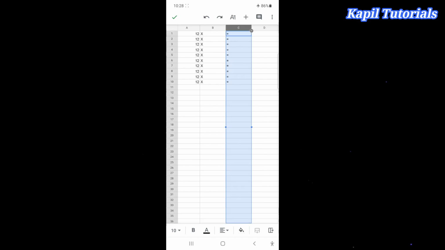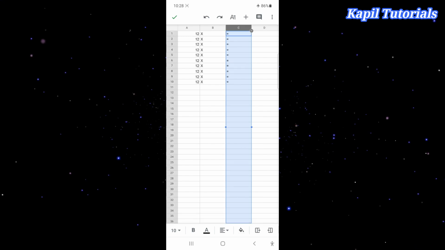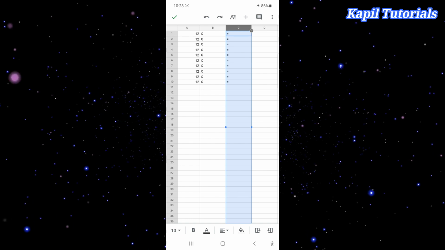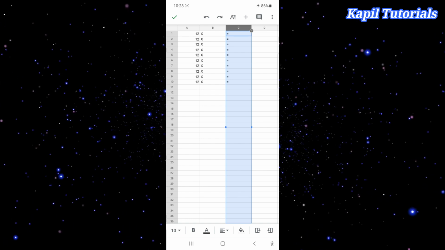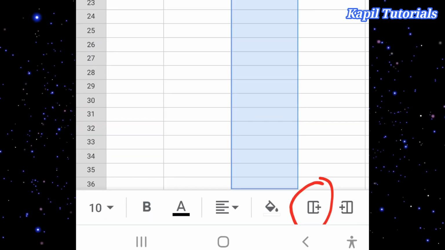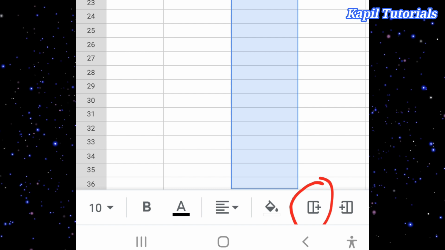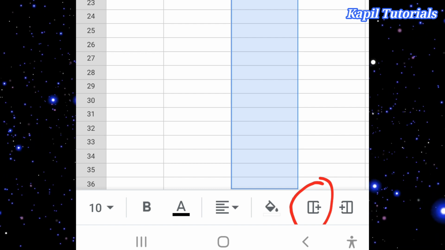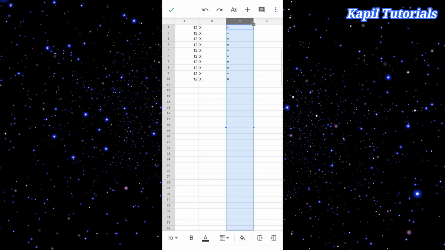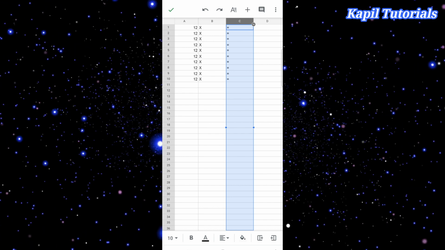So what I'll do, I'll just select C. When I click on C, you could see here at the bottom these options. It allows me to insert columns, right or left. I want to insert one column here before C.